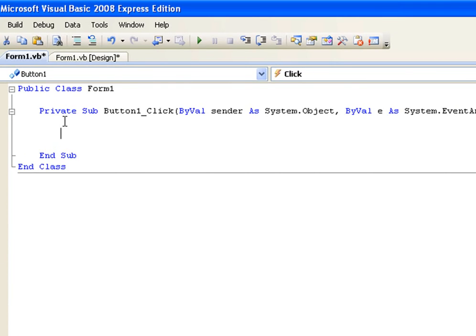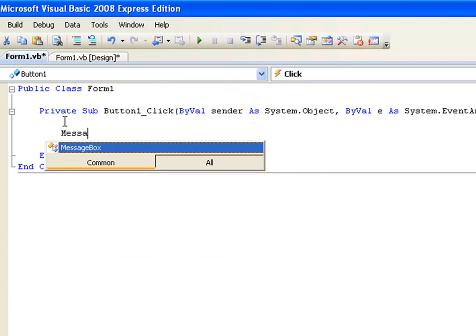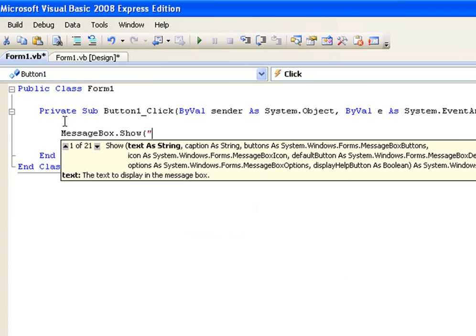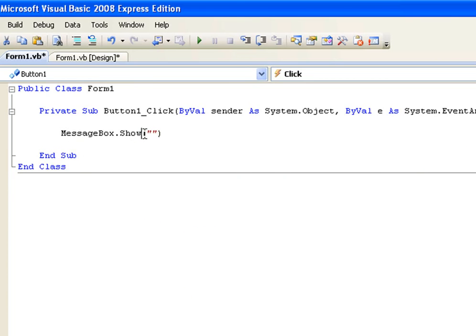Okay, to start off your code to show a message box, you simply type message box dot show. Now, once you've done this, you're gonna add two parentheses, or put two quotations as well, because strings need to be in quotations, and then you're gonna put what the message box is going to say. Here we're going to say Hello World,